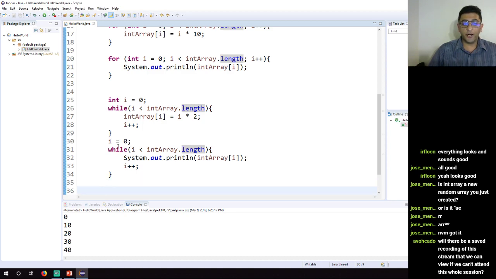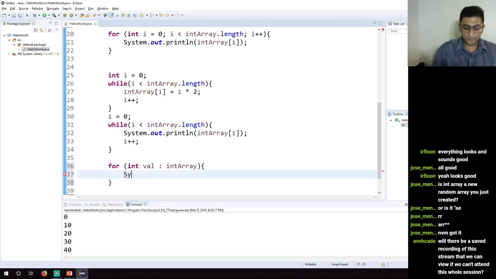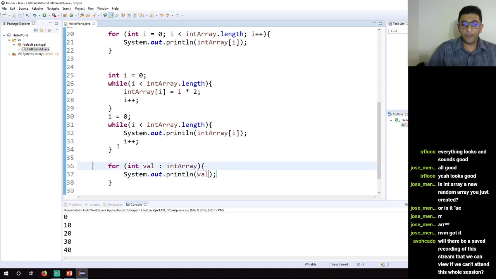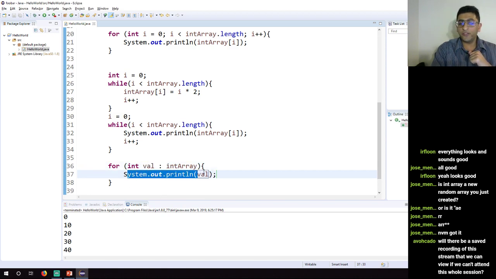Now, for each loops are also really handy. They're used when you're iterating through either an array or an array list or some kind of collection. For example, do something like for int value in int array. What this is going to do is go through the contents of int array, the same array that we had earlier, take the first index, save it in the variable called val, or value, and now we can do something with it. In this case, we are printing it. Once we're done with this loop body, we iterate through it again. Now we'll look at the second index, save that as val, do something with it, then the third index, and so on. If we were to play it,